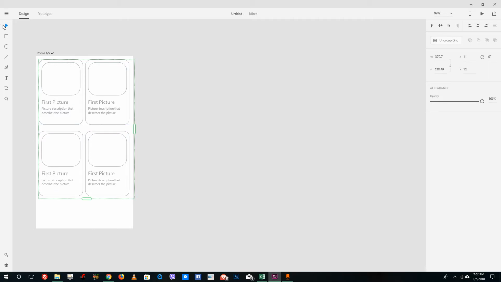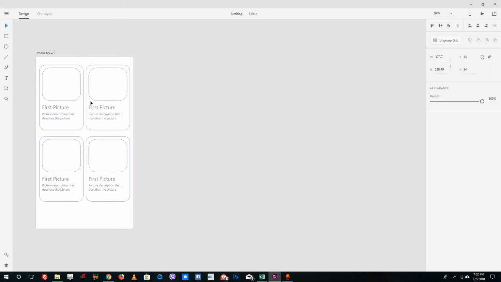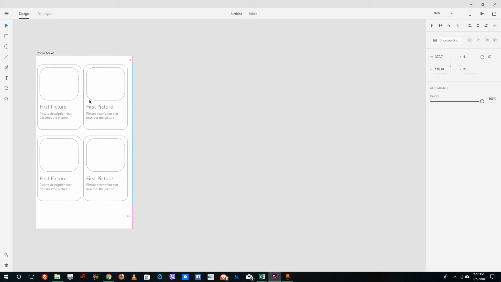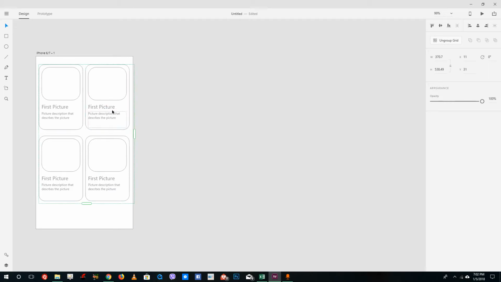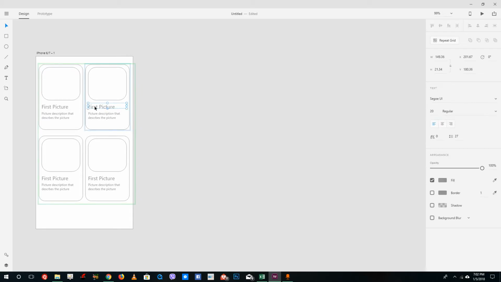So I'm just gonna increase this a bit, alright, and then drag this a bit to the bottom. There you go. So there's the repeat grid that I have. So that saves a lot of hassle, as you can see. Over here I can individually change the picture as well. So I can say this is the second picture, and this is gonna be the third picture,